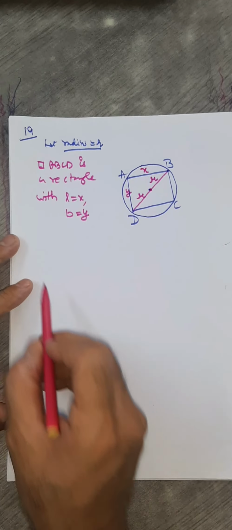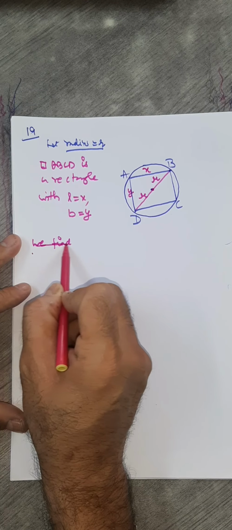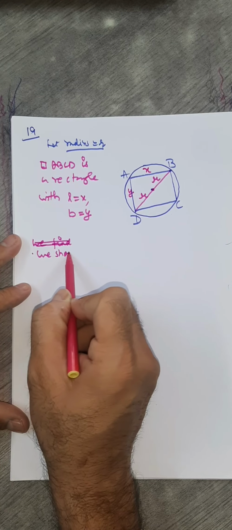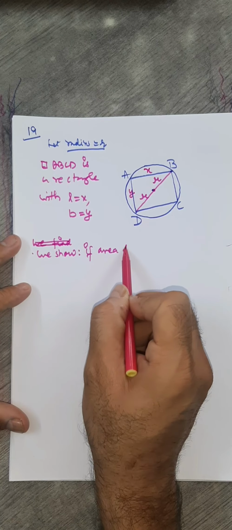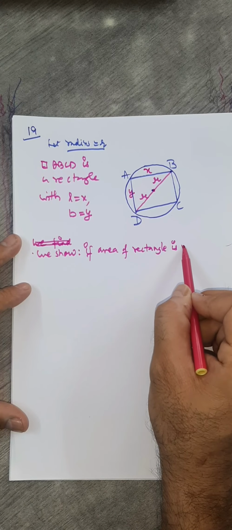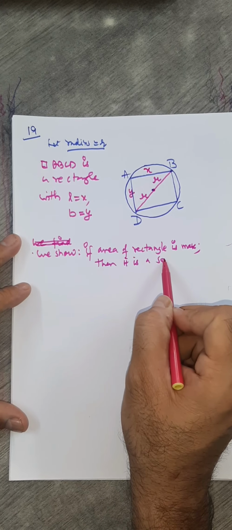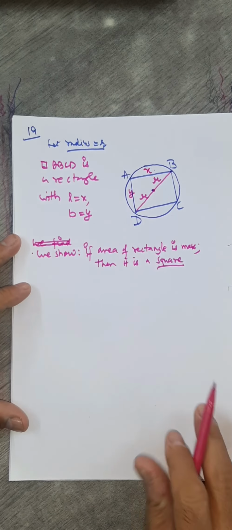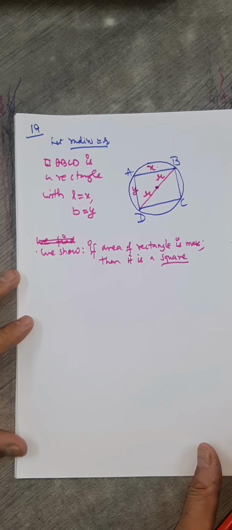Now what do we want to do? Let me write here. We don't want to find, we show that this is what you are asked. If the area of this rectangle is maximum, then it is a square. So you need to show that x equals y, length equals breadth. And a rectangle, if length equals breadth, then it becomes what? A square. So what we'll do? We here write